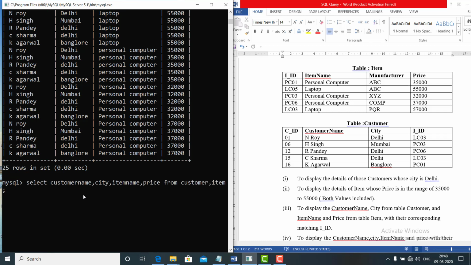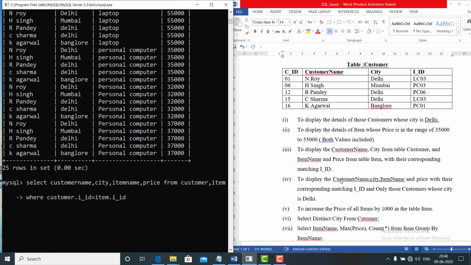Select customer name, city, item name, price, and the corresponding match customer ID.